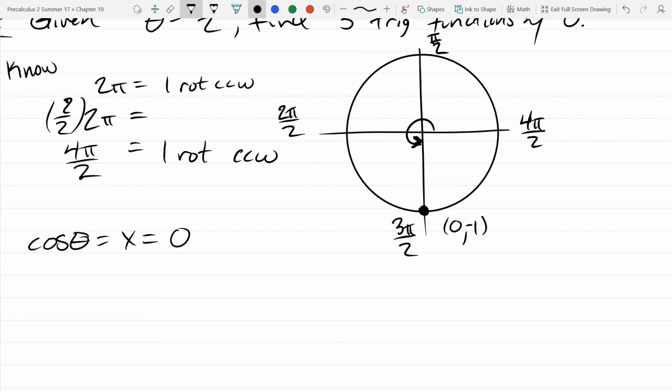So cos is 0, sine of this theta is y, which is -1. And tangent is y over x, you see y and x right here, -1 over, uh-oh,